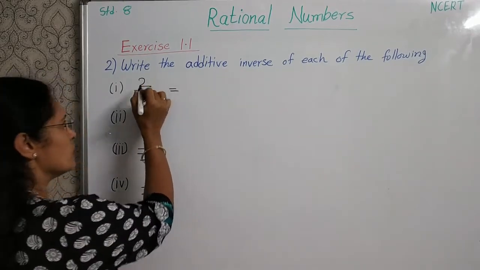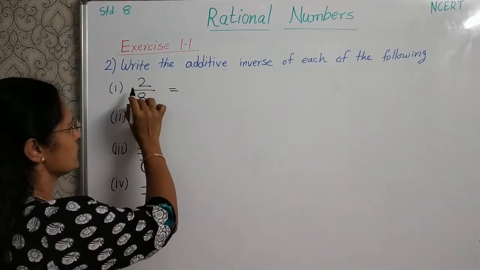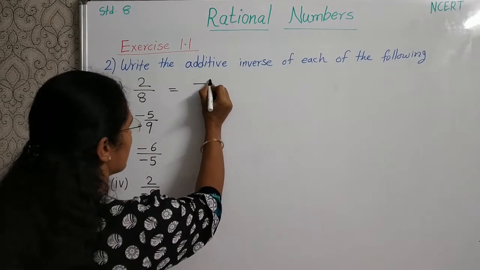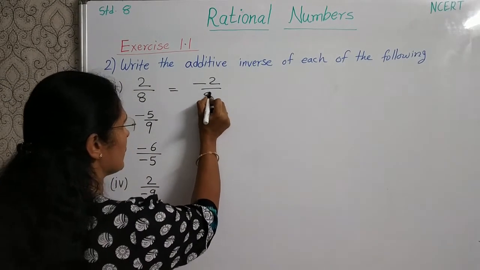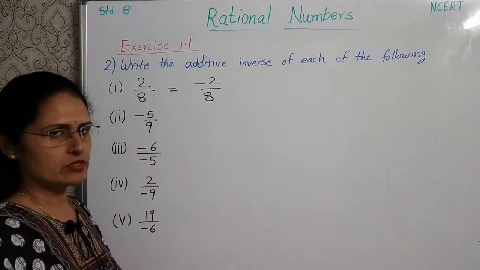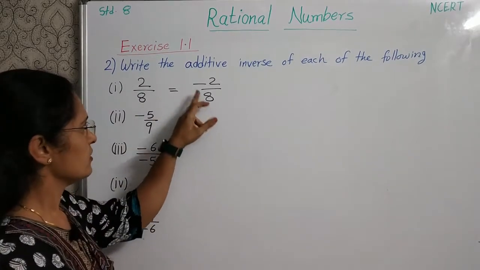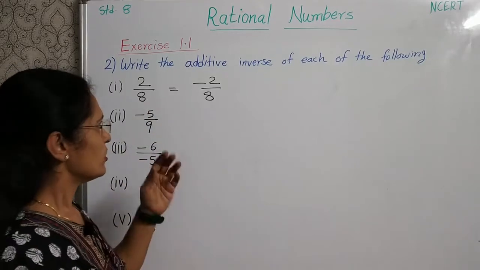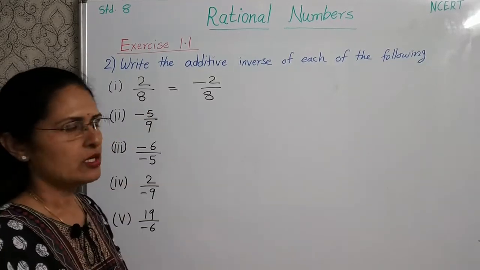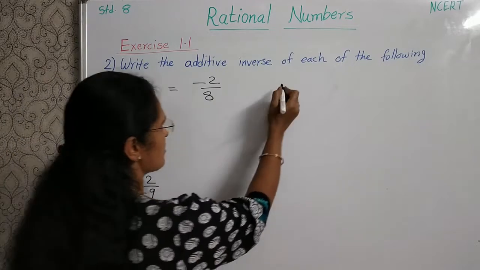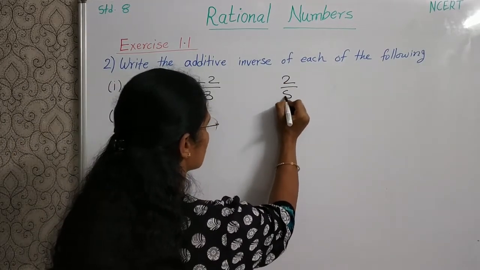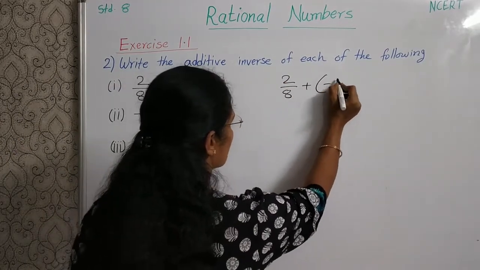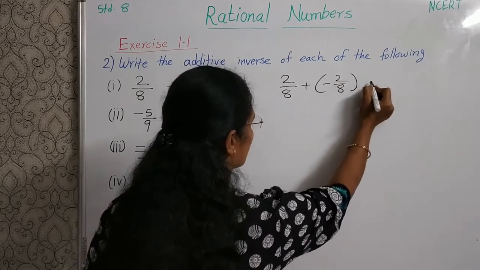So here 2 by 8 is given, which is positive. So we will write negative 2 by 8, and this is the additive inverse of 2 by 8. Negative 2 by 8 is the additive inverse of 2 by 8. Why do we say that this is the additive inverse? Now if you add these two rational numbers, 2 by 8 plus minus 2 by 8, and